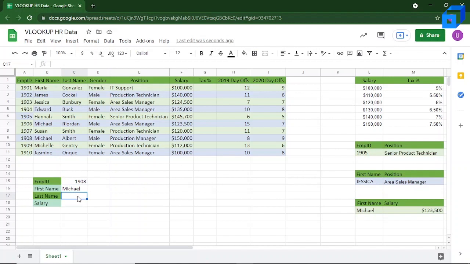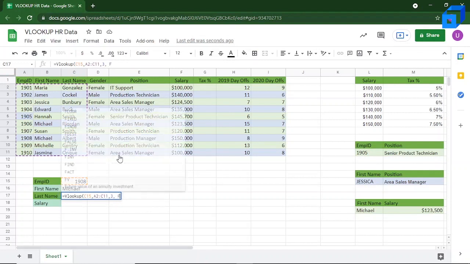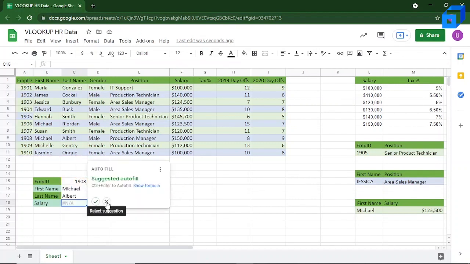So the last name will be the same VLOOKUP function, where the search value is 1908, and then the range is from here till here, and the column we want is 3, so that's A, B, C, 1, 2, 3, and now we have Albert, so that's correct. We'll cancel this because it's not needed right now. So here we have Michael and Albert using the employee ID as the exact match which we want to perform.